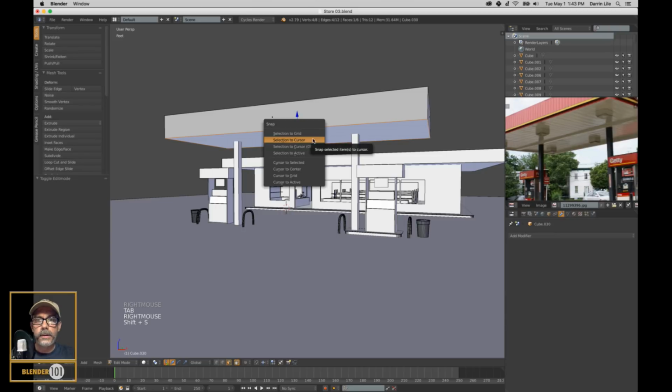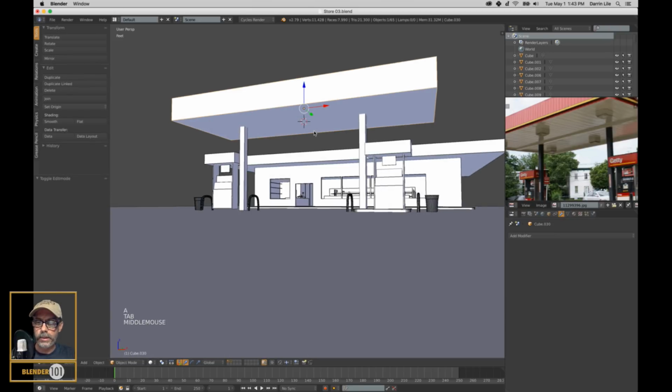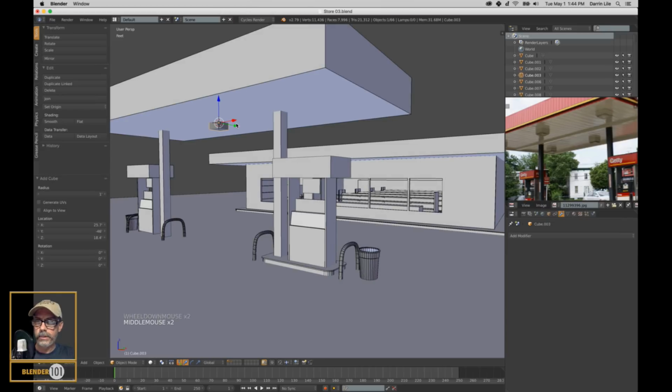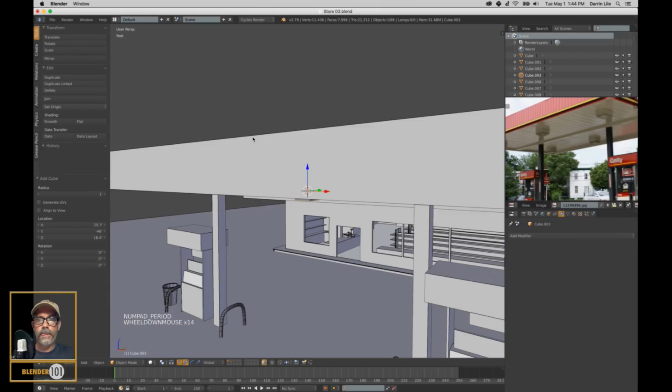But that's the way it works. Cursor to selected and cube. Look at that. Hey, it's almost the right size. Nice. Let me